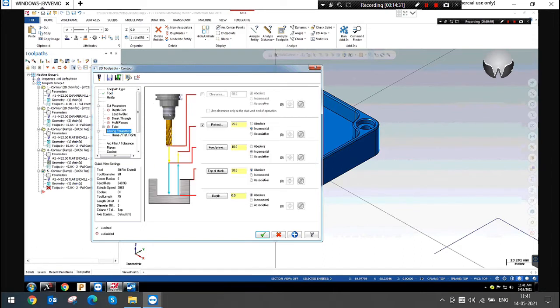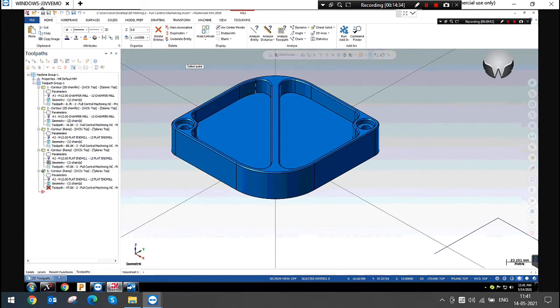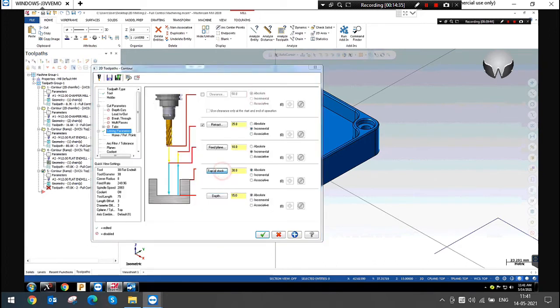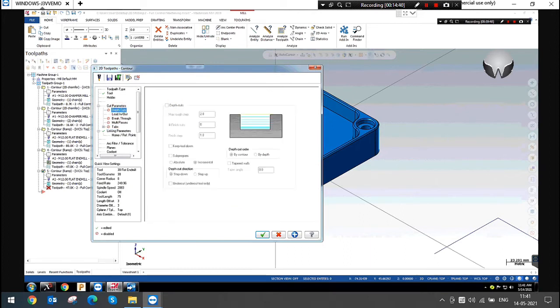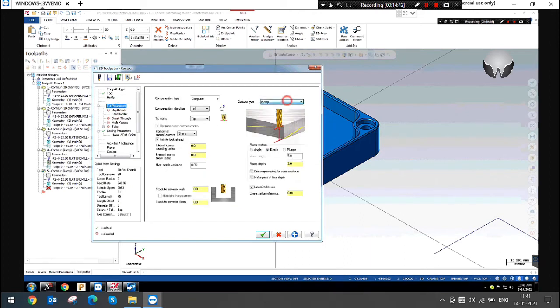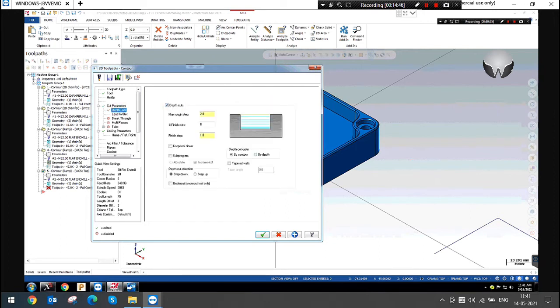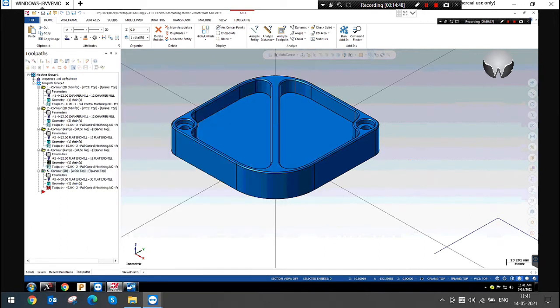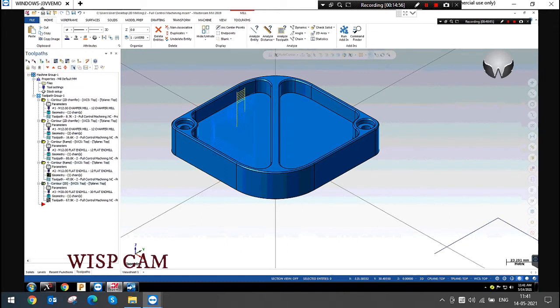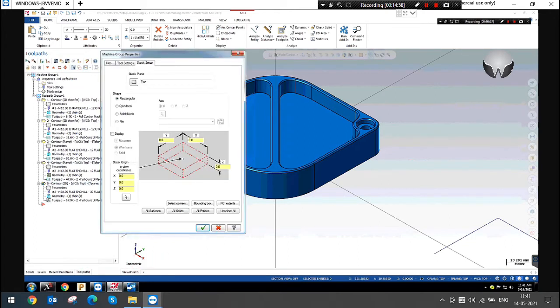There is no depth of cuts, just one pass. You can give the depth of cut also. I'm just defining the stock of this model, all solid.